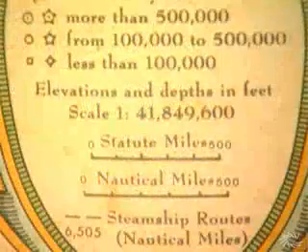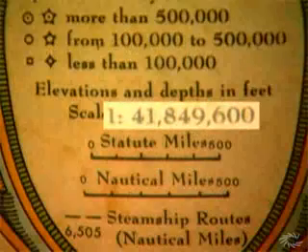Scales are stated as a ratio, here rounded off, 1 to 42 million. The first number of a ratio, generally a 1, represents the real thing. A colon is the ratio sign. The second number, we'll call it n for now, tells you how many of the model are needed to equal